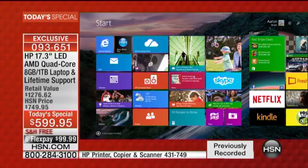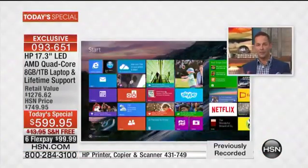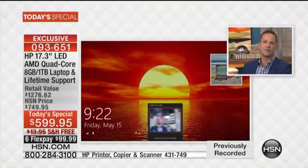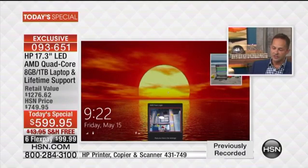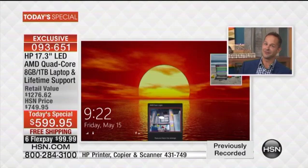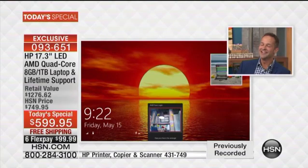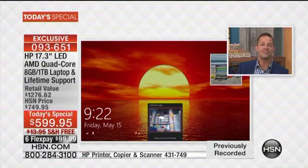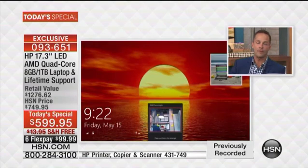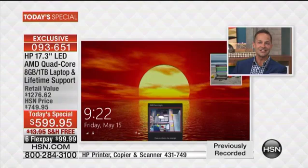Abracadabra. I want to show you guys something cool. I'm going to lock myself out of the computer. You know how you have to log on to Windows? That's a security thing, right? So I'm going to log out of Windows, so right now I am not logged in. The reason I'm leaning is I don't want the computer to see me yet. I'm going to log in with my face. All I've got to do is use the built-in webcam, and watch what happens. As soon as I look into the camera,